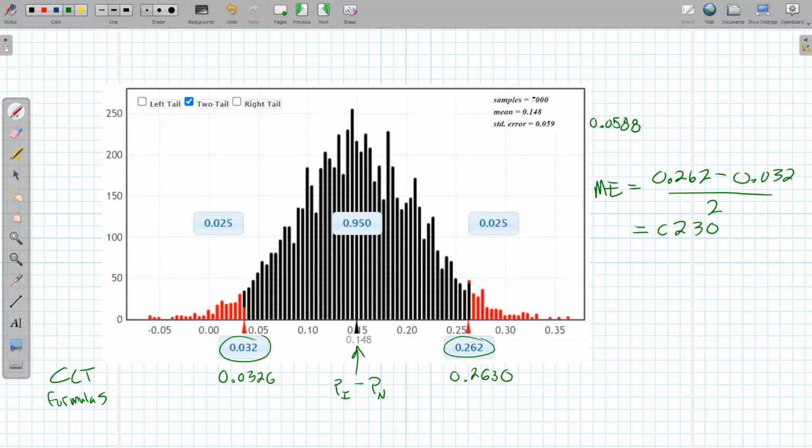0.230 divided by 2 is going to give me 0.115. So this would be my margin of error. So we think the difference in proportions